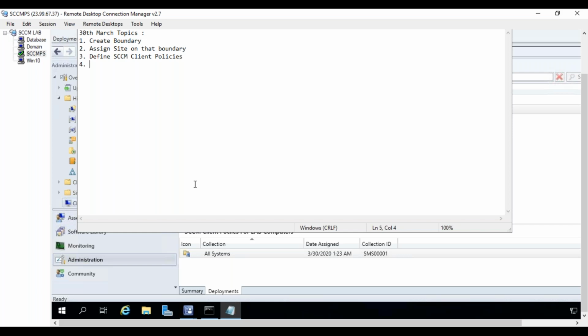Is it clear? In real time, is there a scenario where we have different policies for SCCM clients? Yes. For servers we have a different policy, and for clients we have a different policy. Sometimes we also create a different policy based on the location. Let's say the bandwidth is less for computers in a couple of locations. Then we will throttle the bandwidth on those locations, so we create one policy accordingly and apply it on those collections,